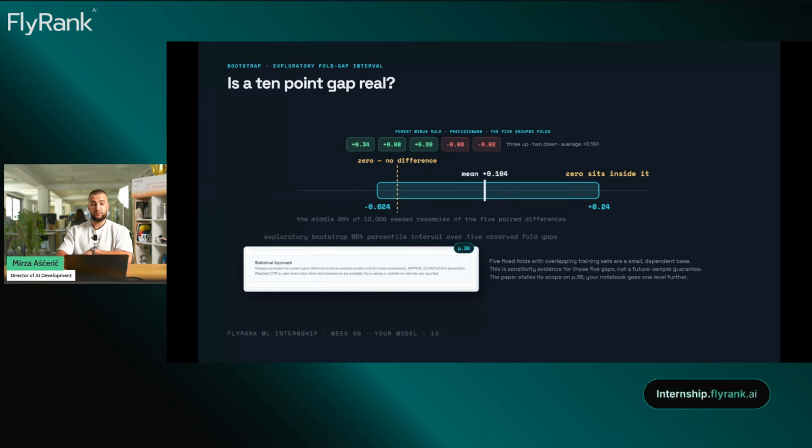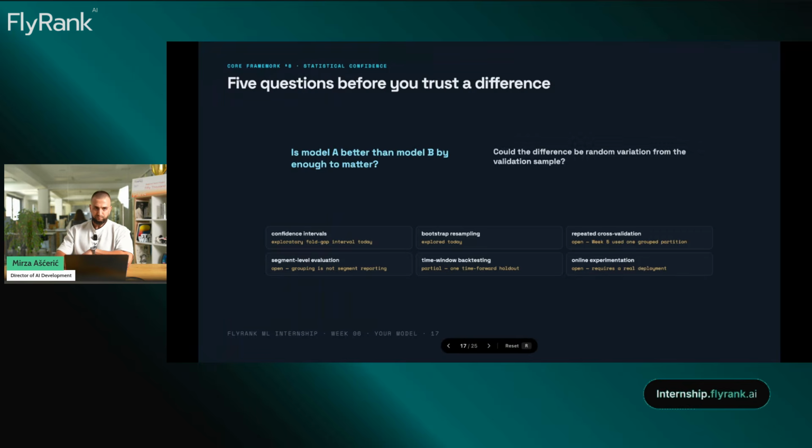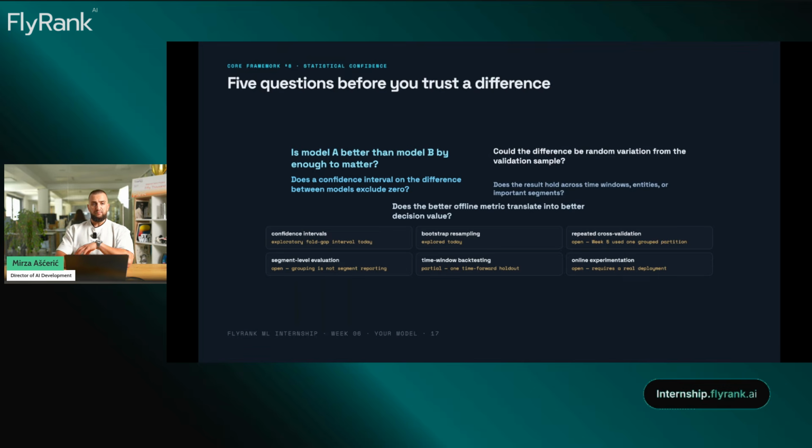And what about the paper? On page 36, it says they did not report p-values or confidence intervals, the special numbers that say how sure you are. And they told us, and your work will go even further. Before you believe any difference between 2 ideas, there are 5 questions to ask. They are shown now word for word from section 8 of the core framework.